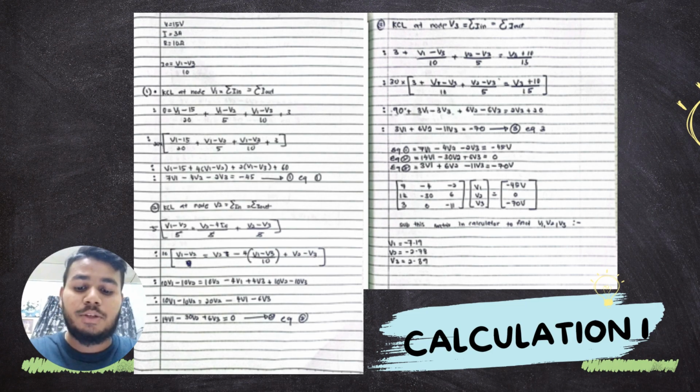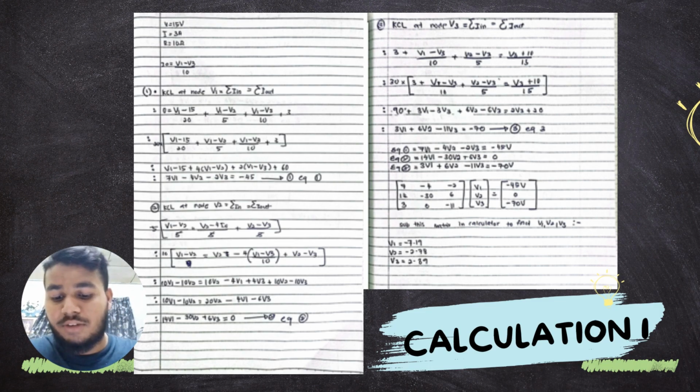So as usual, everyone know we need to find the nodal method. The equation should be V in equals to V out. So the first, V1 nodal is 0 equals to V1 minus 15 over 20 plus V1 minus V2 over 5 plus V1 minus V3 over 10 plus 3, and we need to simplify. The final answer we should get is 7V1 minus 4V2 minus 2V3 equals to 45,